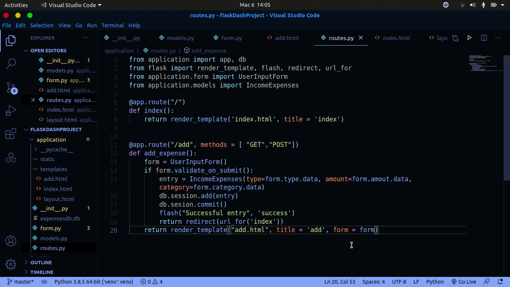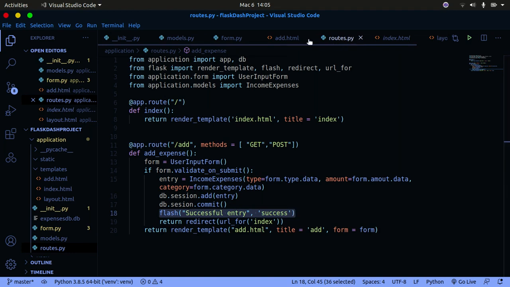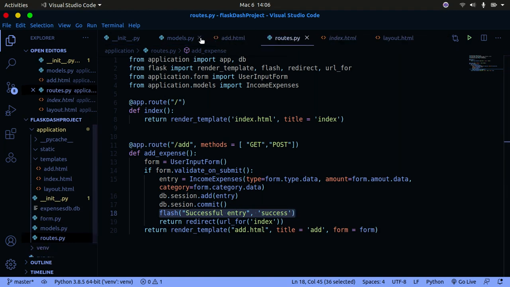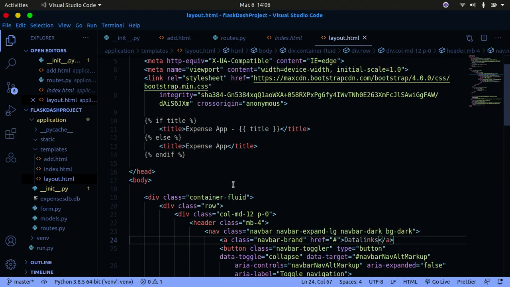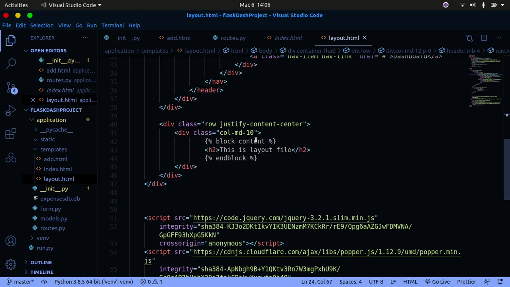Okay, so now that you have done that, let's go and see how we can flash this message to the user. So you have to go into, let me just close some of this, I'm going to go into layout, and then under layout I'm going to set up something here. We need to loop through all the messages and then print out the message to the users. So what you're simply going to do is just above the body content here,